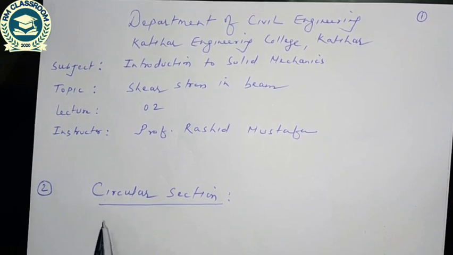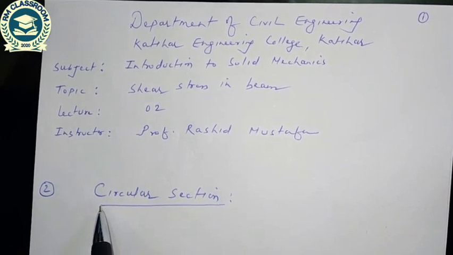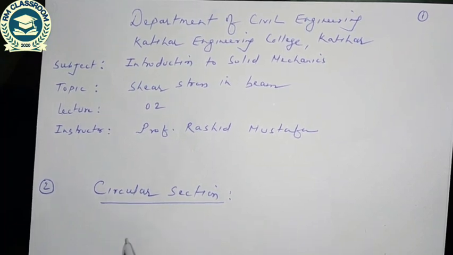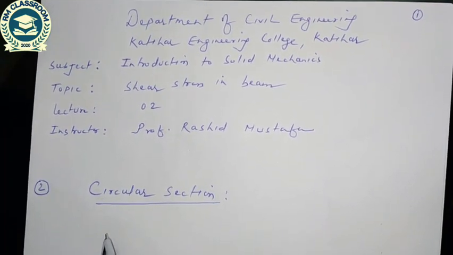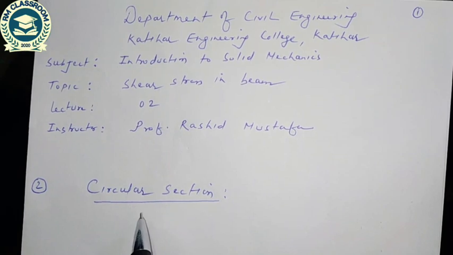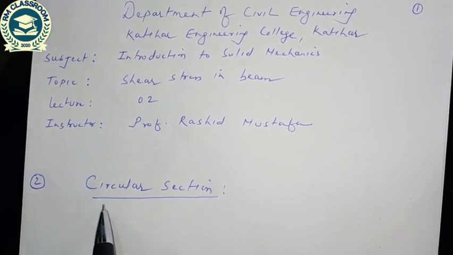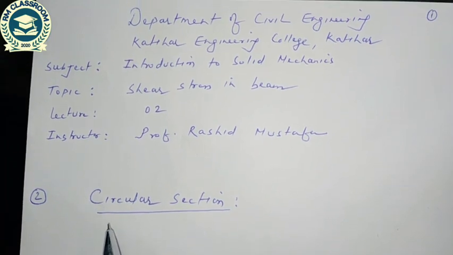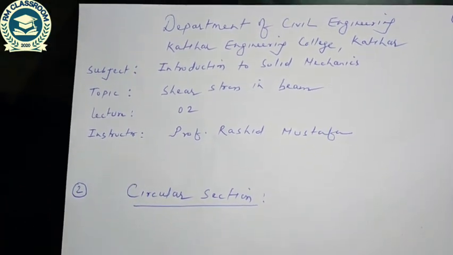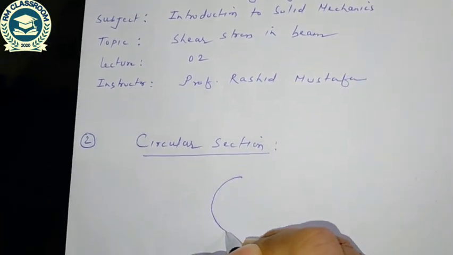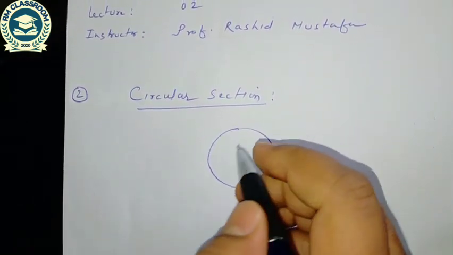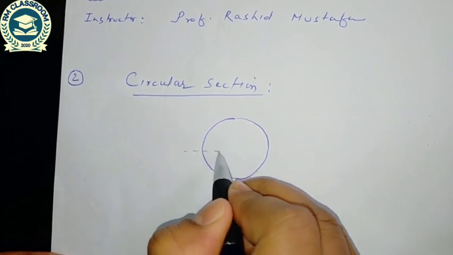So after the rectangular section that we saw in the last class, where the maximum shear stress occurs at the neutral axis and is 1.5 times the average shear stress, let us take another section, that is the circular section. So if I take a circular section, and let us assume this is the neutral axis,